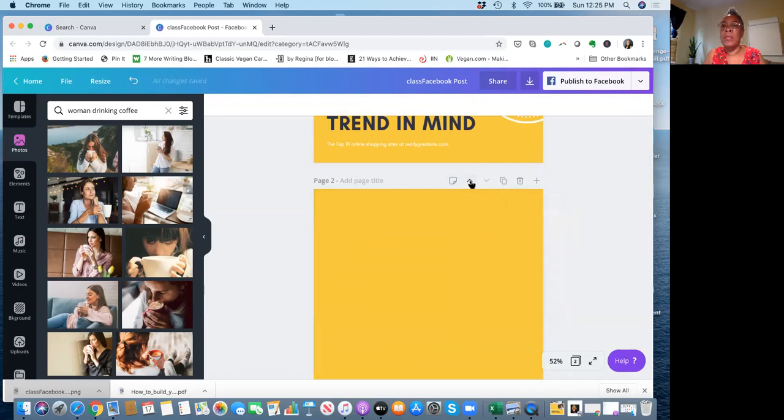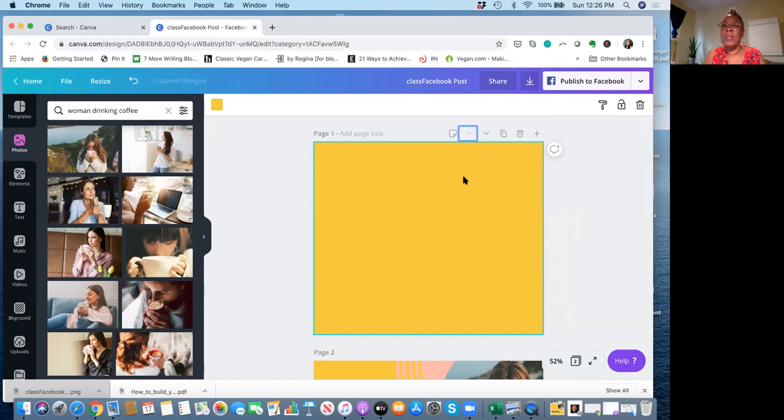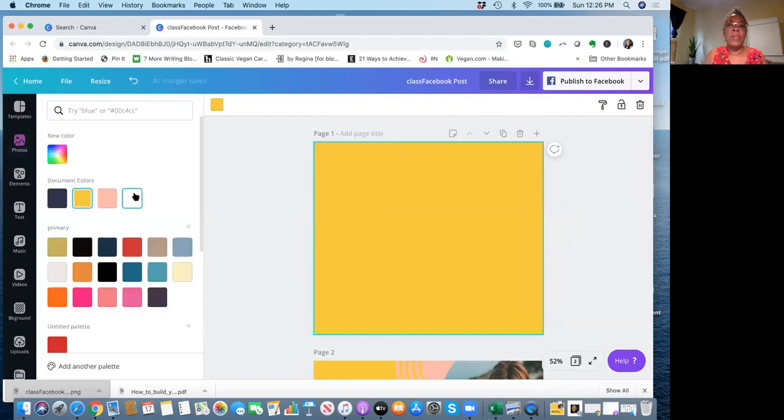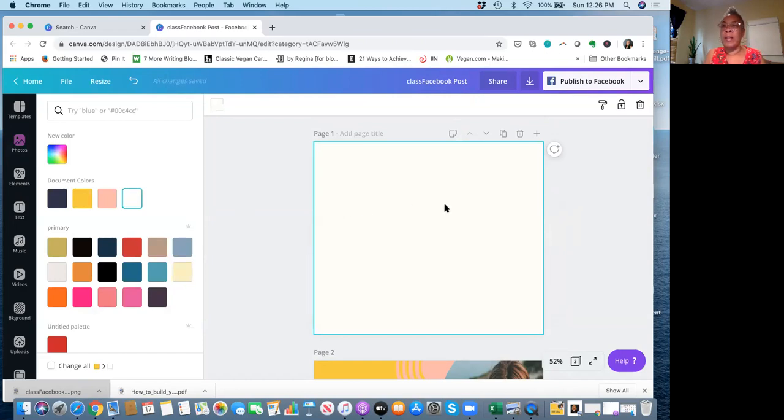Okay, move the position up or back down, but I'm going to move it up since we're working here. And again, you want to choose your, so this is an example of starting with a blank canvas. Let me create a white one. So this is an example of starting with a blank canvas. You're not using anybody else's